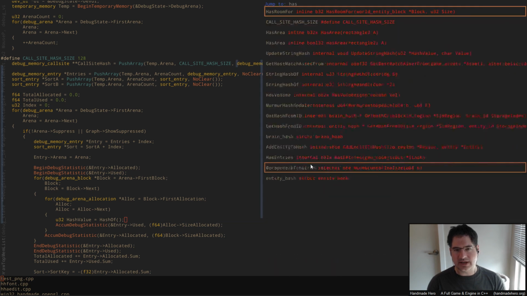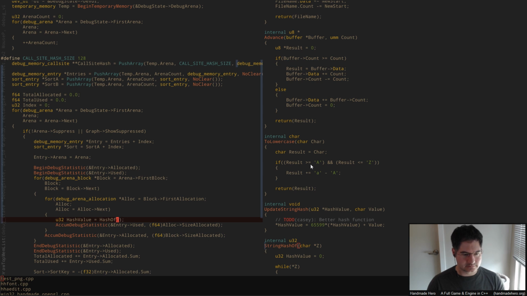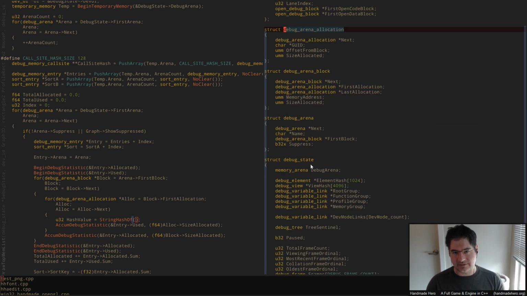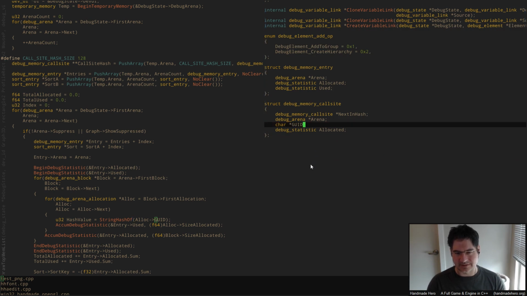And I don't know, we've got a string hash here somewhere, so here it is, right? And these allocations that we've tracked, they've got the GUID right here. And to be consistent, I suppose I should also take a second to make sure that this is named GUID, because name is probably not right. So if I take the string hash of this GUID at the time when I'm actually doing the summation,